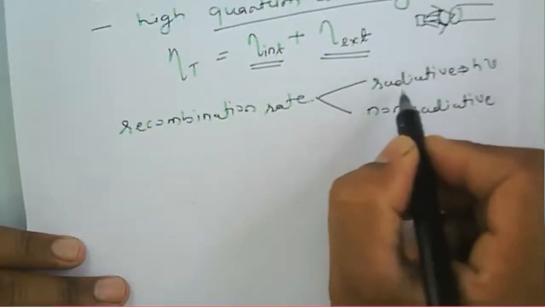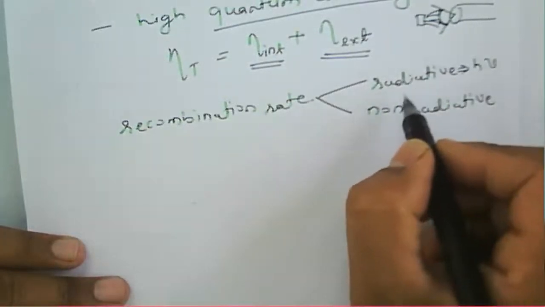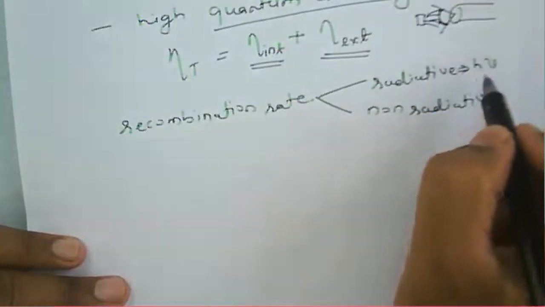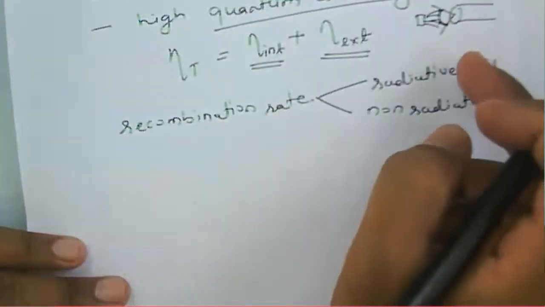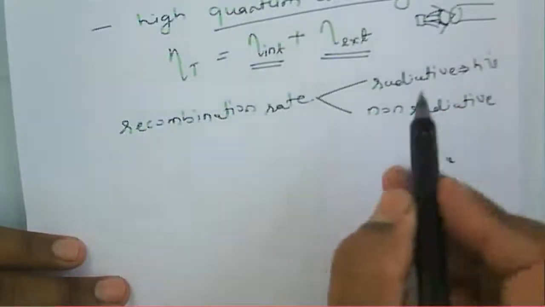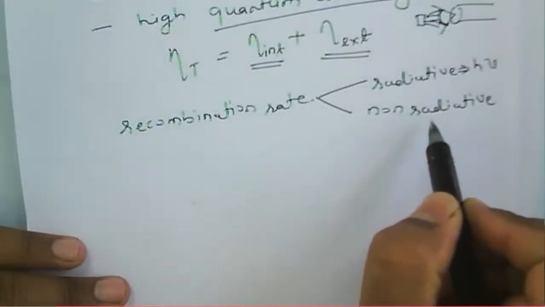So that is called radiative recombination. When it emits a photon of energy, we get a radiation output or high radiance output. But in the case of non-radiative recombination,